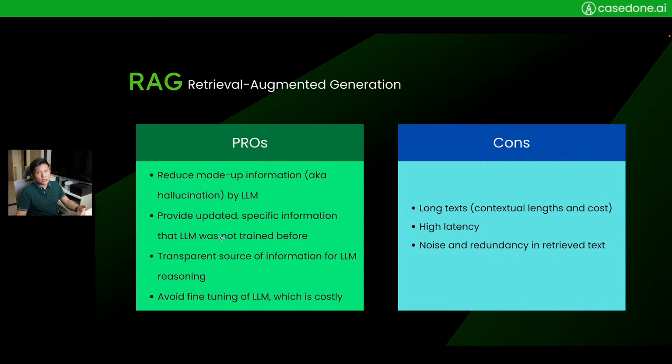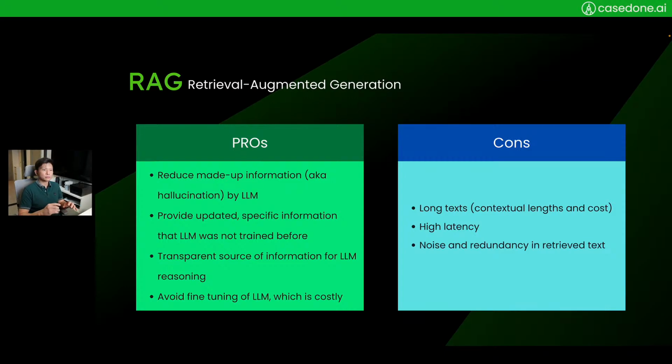And because you know what context the LLM will provide an answer based on, it provides you with a way to probe or see the information that leads to the LLM's conclusion. So it provides you with transparency. And using the technique, you don't need to fine-tune your model, so it saves you cost and technical challenges